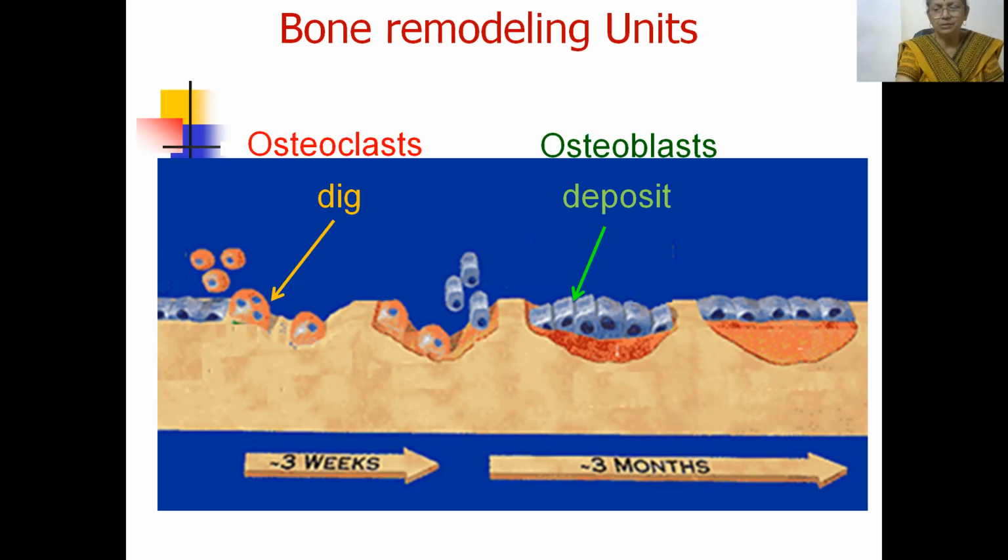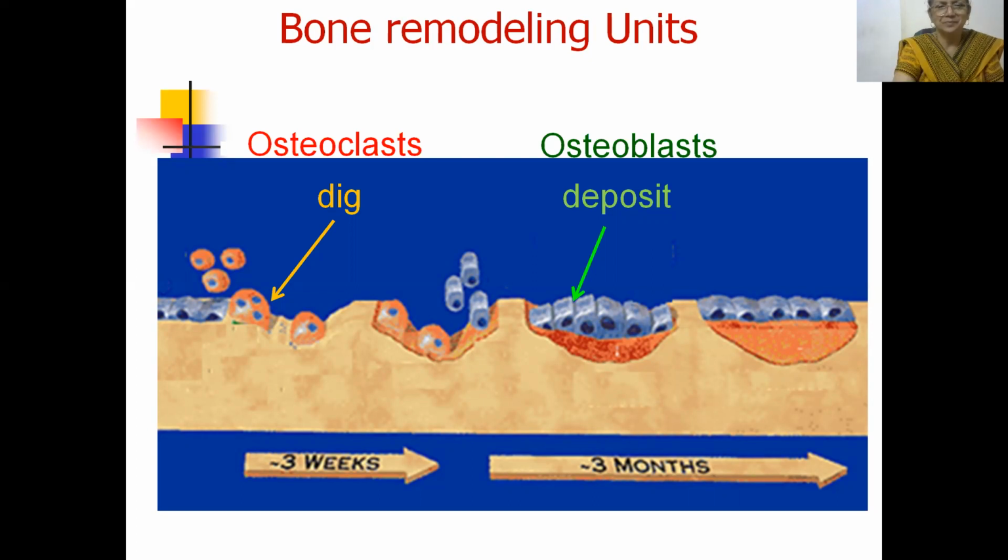So this is a very important process of new bone formation, which is going on constantly at numerous microscopic sites on the bone surface. And interestingly, it takes 3 weeks to dig it up and 3 months to fill it